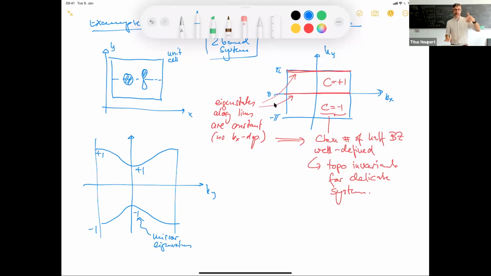Note that we don't expect them to switch here, but something very interesting is going on with the states in the middle because they produce this Chern number. Yet the mirror eigenvalues should stay the same as you go across this Brillouin zone. And now you see that if I add to the conduction band another band which has mirror eigenvalue -1, for instance, now I can start to mix